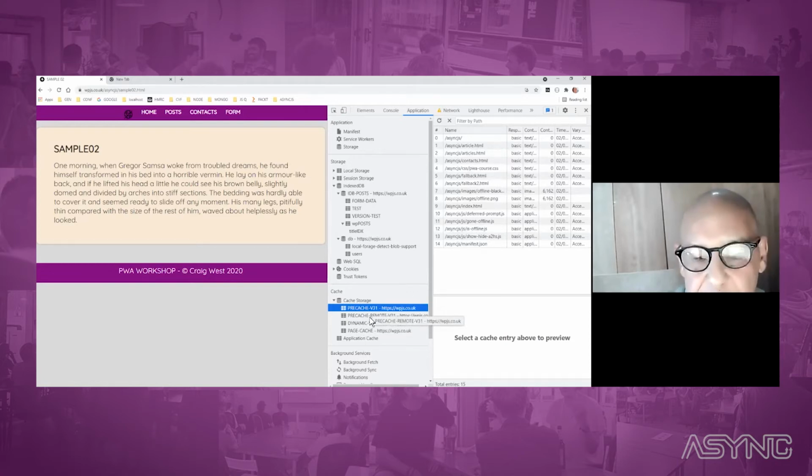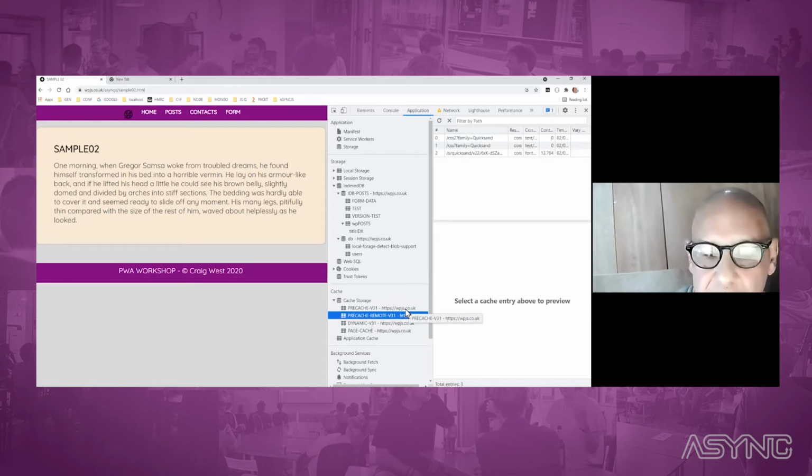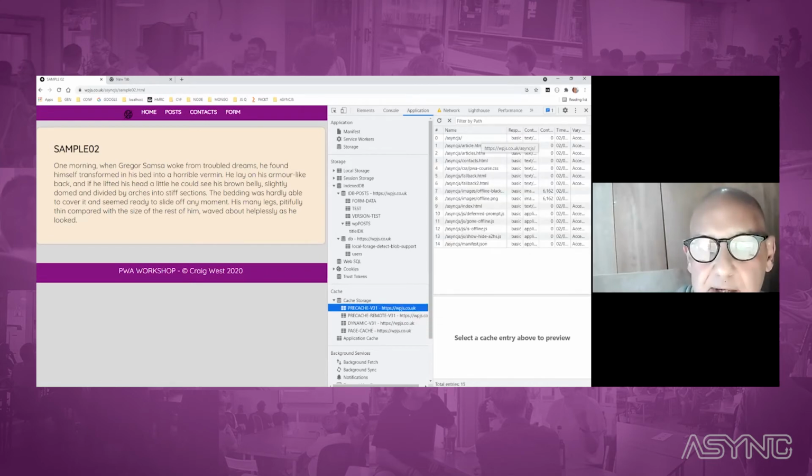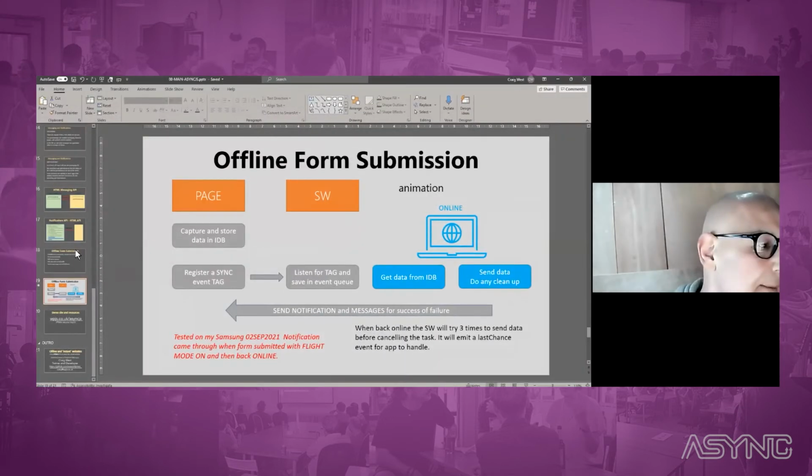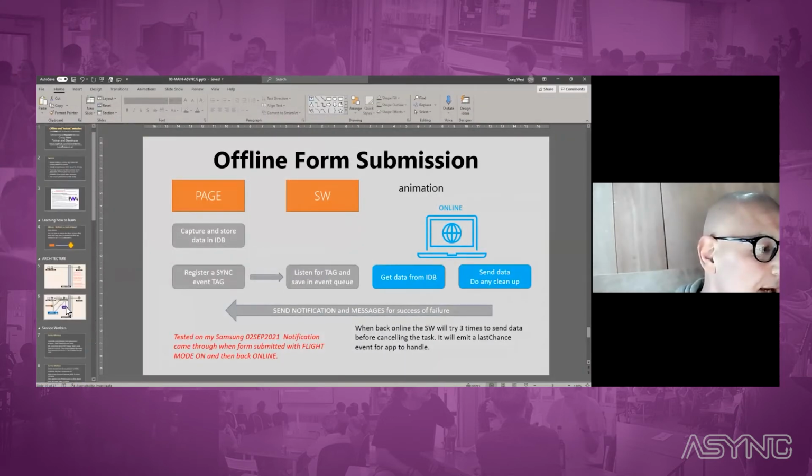So it's good to keep the local and the remote separate, just in case a remote service is not available. You're not stopping all of these being formed here. Then we can also create caches on the fly to store information as we go to the network. Because if you remember, when we came back into this diagram here,